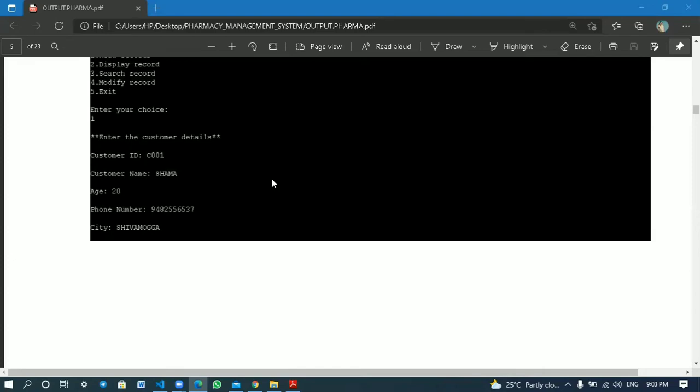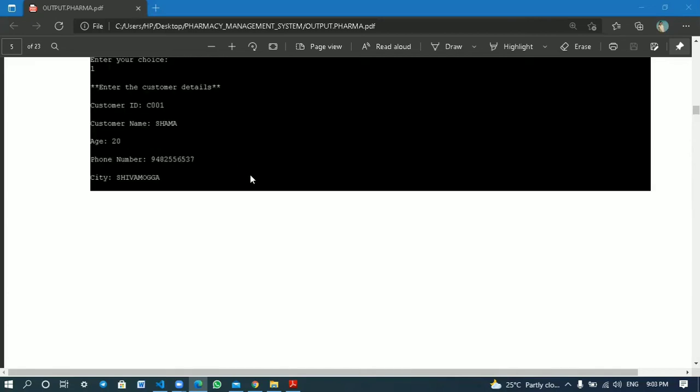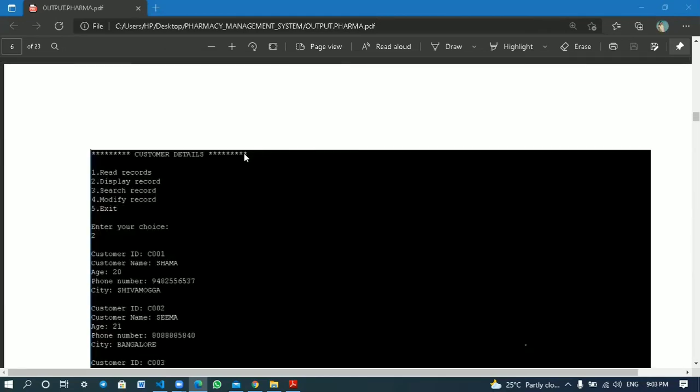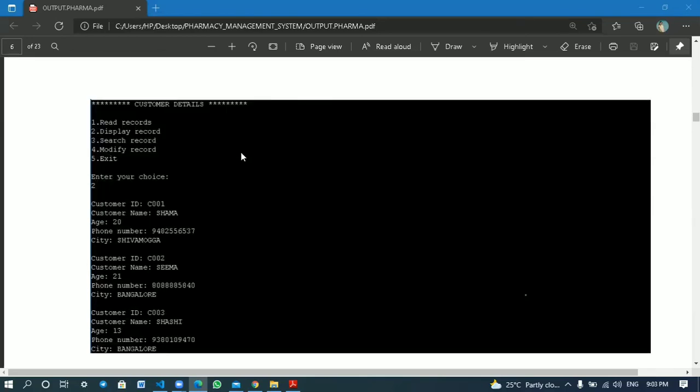Here we are inserting the ID as C001, name as Shama, age as 20 and the phone number as 9482556537 and city as Shimoga. Similarly, we are inserting the other two records with ID C002 and C003.